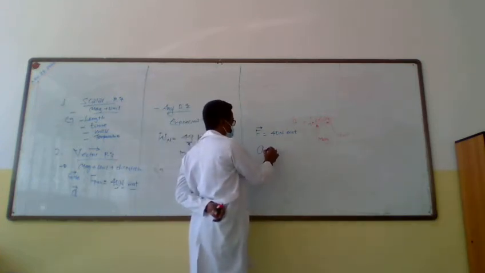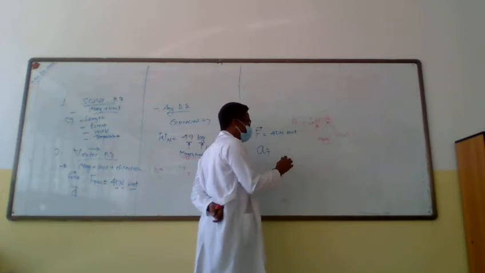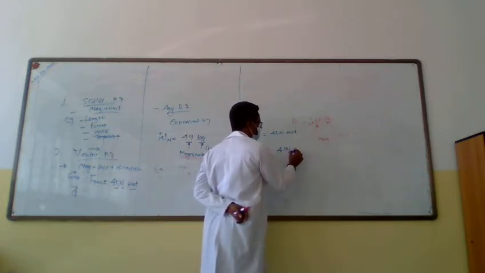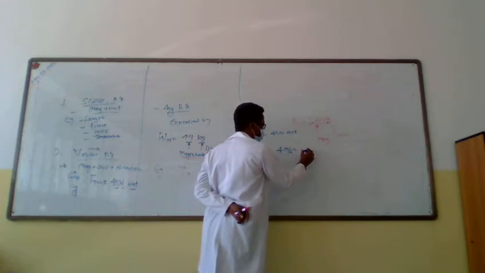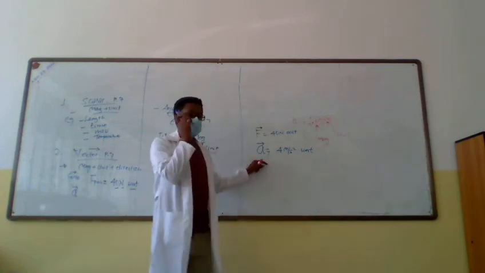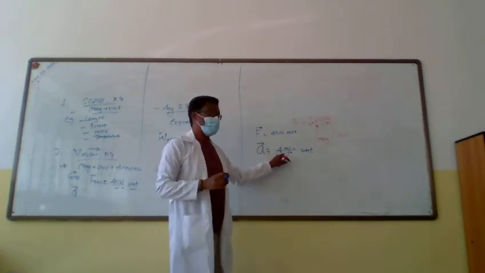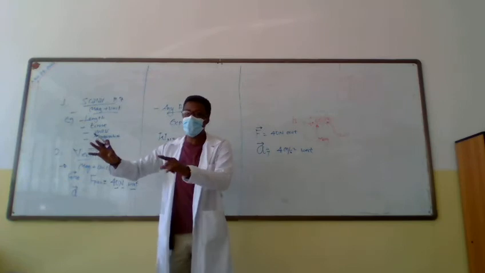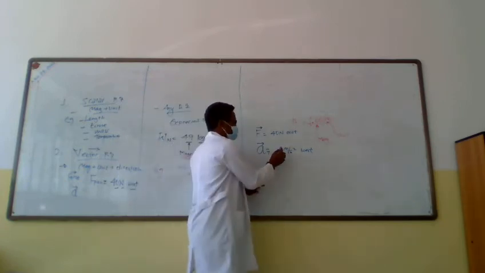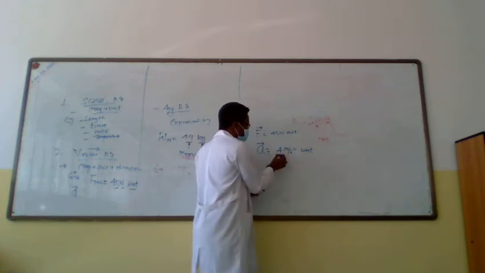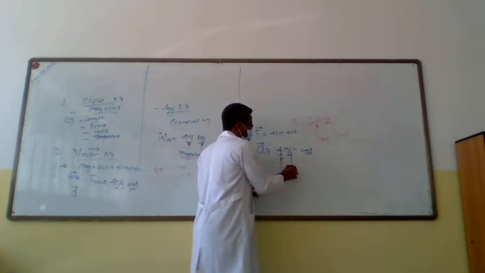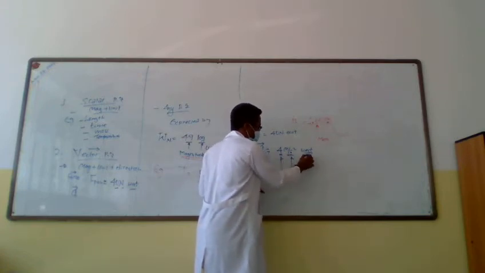In acceleration, maybe I give you an acceleration of a car to be 4 meters per second square due west. A car is accelerating. Actually, I have to add an arrow here. If a car is accelerating 4 meters per second square, that means the speed is changing at a rate of 4 meters per second square. So this 4 is meters per second squared and west. Now you can tell me what is 4, what is meter per second squared, and what is west.